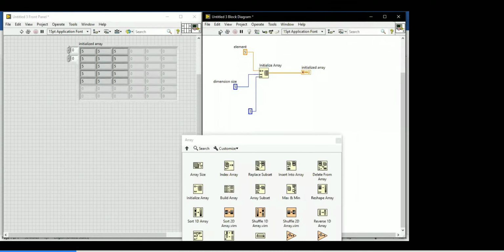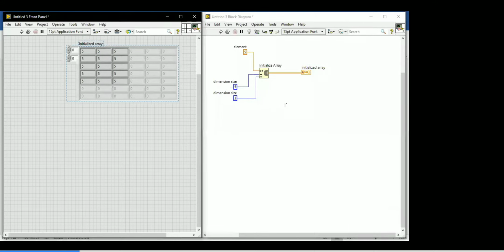So this is the way you have to use the initialize array. If it is dragged one time, that will form a one dimension. If it is dragged two times, it will become a two dimension. If suppose it is dragged three times, a three dimension will form. By seeing the number, don't tell 5D or 3D or 8D. How many times this is dragged, that many times the array will be formed over there.